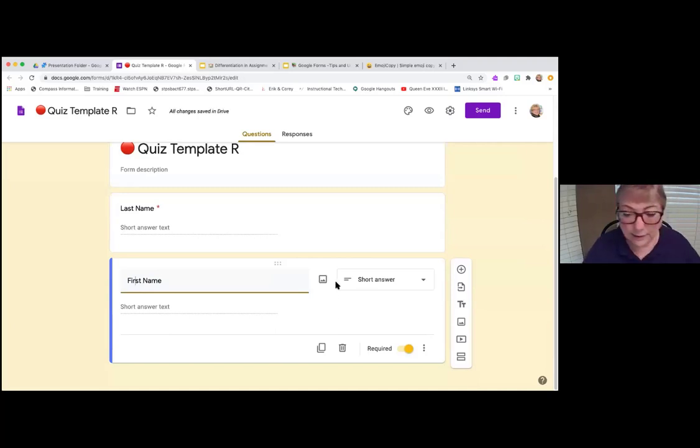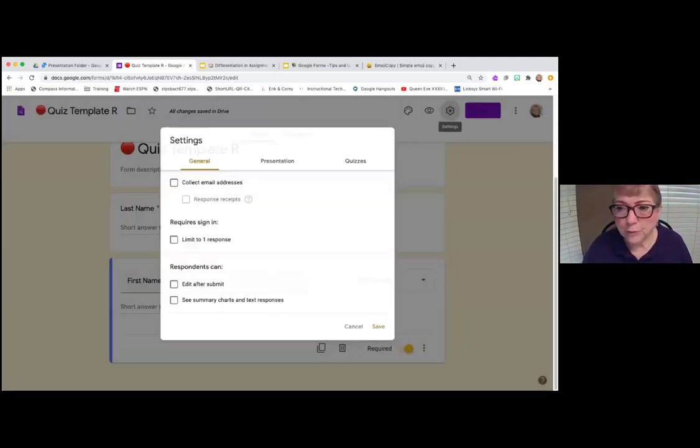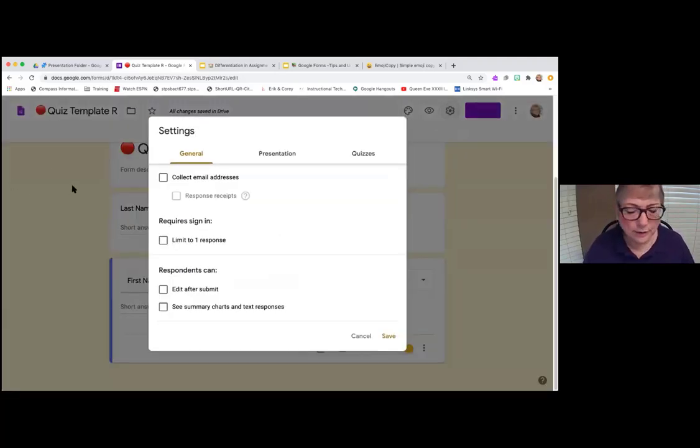So that's done there. If you're making a password in a quiz, you want that to be a section by itself, and you want names to be a section by itself. So what I'm going to do right here, I'm going to make a section. Well, actually, before that, I think I'll go over the settings with you. So I'm going to click on the settings, the gear wheel, for the form, and these pictures are the ones that I had in the presentation too.